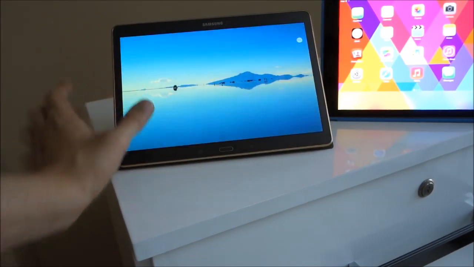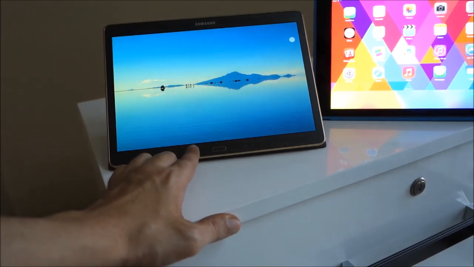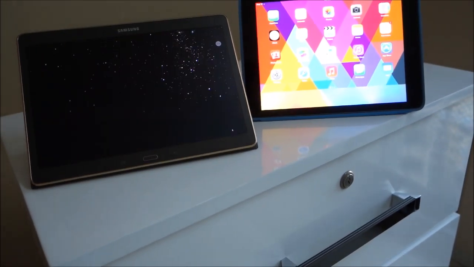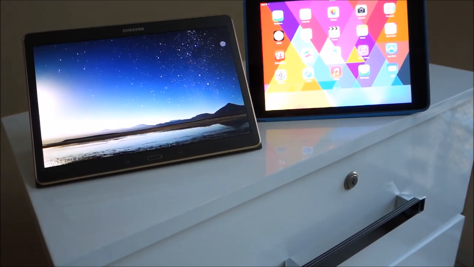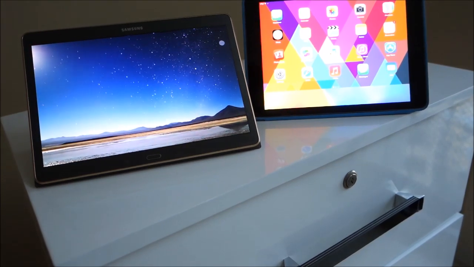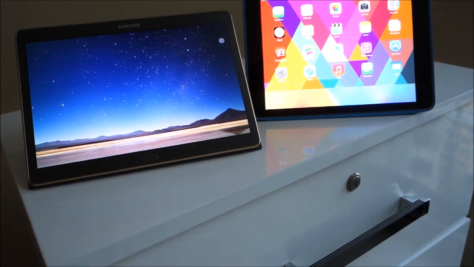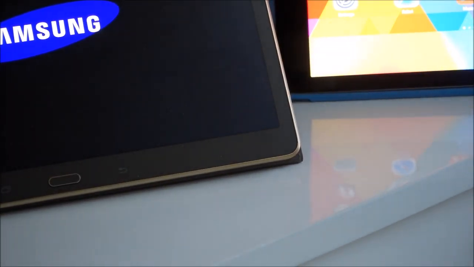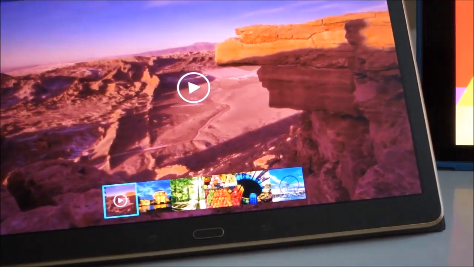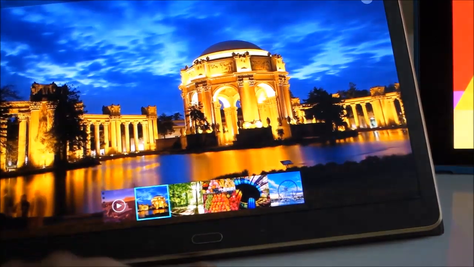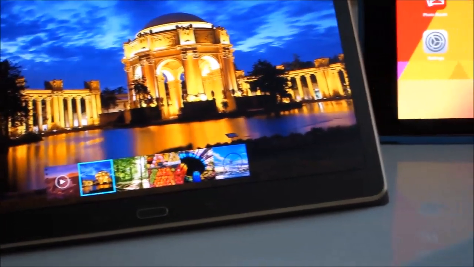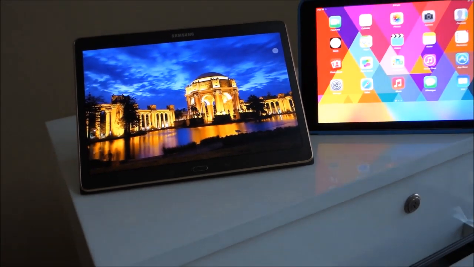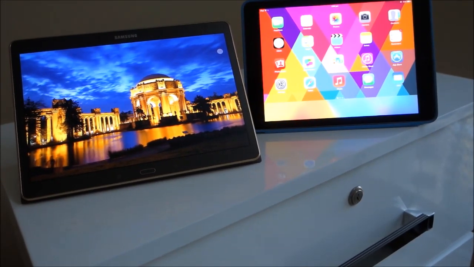Now, despite having a high configuration, the Samsungs are usually running the Exynos processor, which is really fast, and it scores really high on the benchmarks with 3 GB of RAM, whereas the iPad Air sort of lacks on the RAM as well as the processor speed. However, both the tablets are running different operating systems. The Apple iPad Air runs iOS 7, and the Samsung Tab S is running Android 4.4 KitKat, which